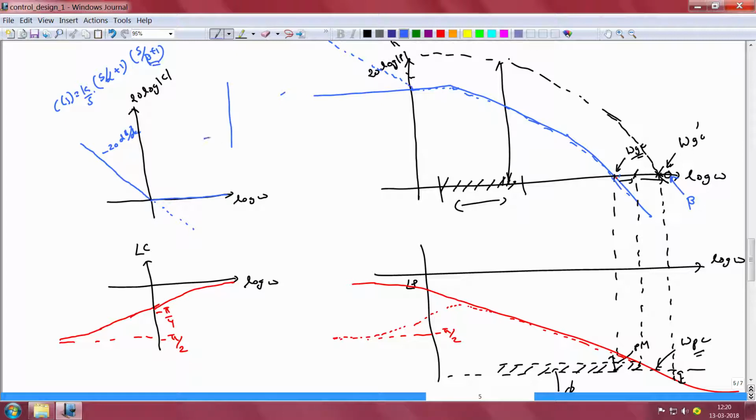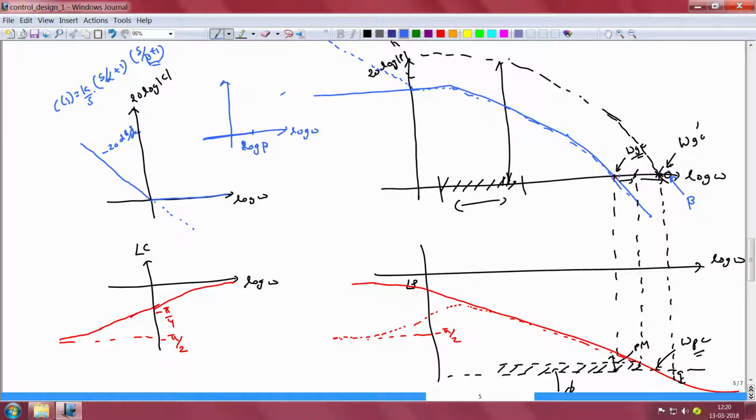So the magnitude plot, if we were to draw the magnitude plot of s by beta plus 1, then up to omega equal to beta, or if we are using the logarithmic scale up to log omega equal to log beta, the magnitude characteristics of this is 0 dB. So in other words, if we have chosen to add our 0 slightly to the right of our new gain crossover frequency, then this term here s by beta plus 1 does nothing to the already designed magnitude characteristics, which means that it does not affect our performance in any particular way.